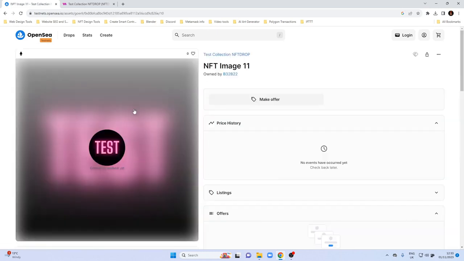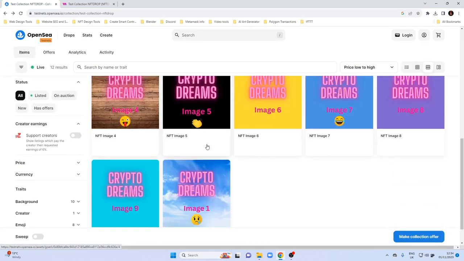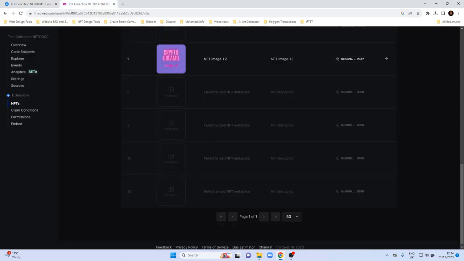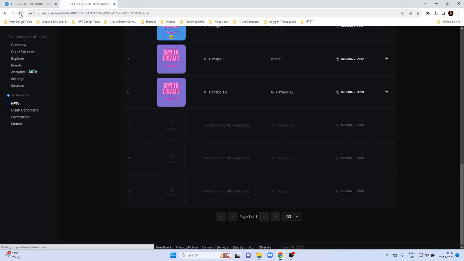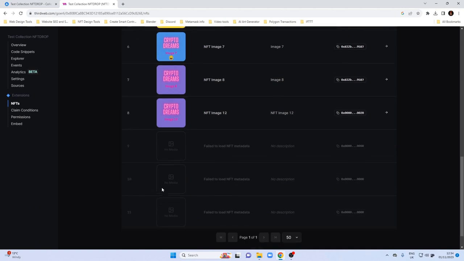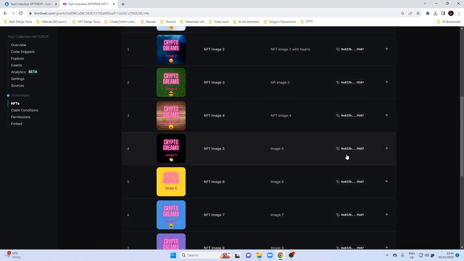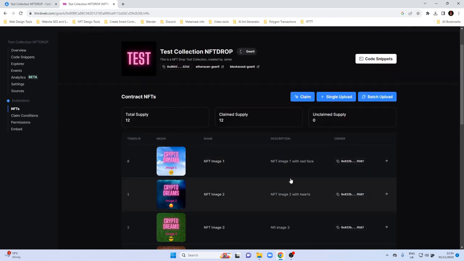If you do have an issue with items appearing and you really want to see it immediately, then you can actually speed it up by clicking on the item and going to this more tag here, refresh metadata. So as you see, it's got a message here. We've queued this item with an update, so let's try and push it along. That would appear after a few minutes. Yeah, as you can see, these ones are appearing now. It just takes time,